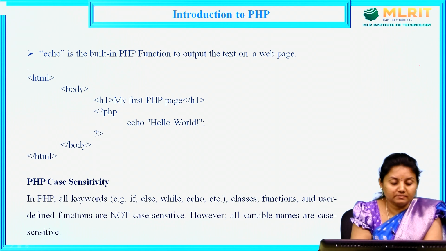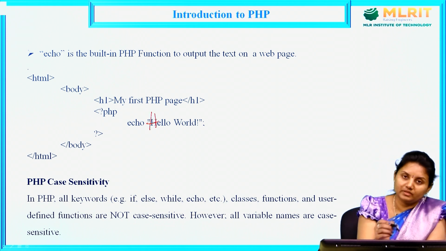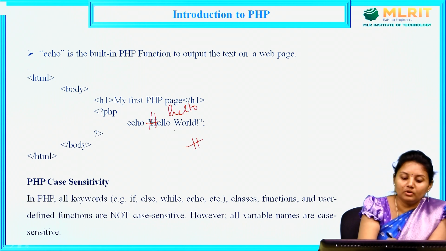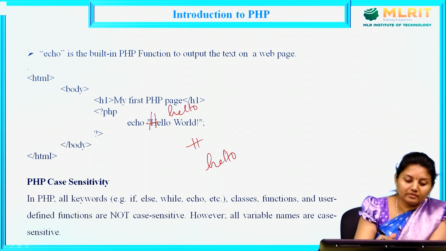PHP case sensitivity. Case sensitive means, suppose you give capital H, it will print capital H only in the output. If you give lowercase hello, in the output you will get lowercase hello only. And whatever the